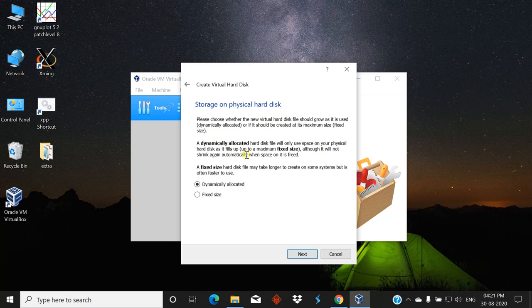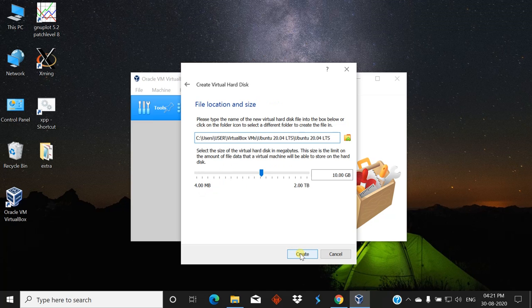If you want to know more, just see the explanation. So I am choosing the dynamically allocated hard disk type, which is selected by default. Just click on next.